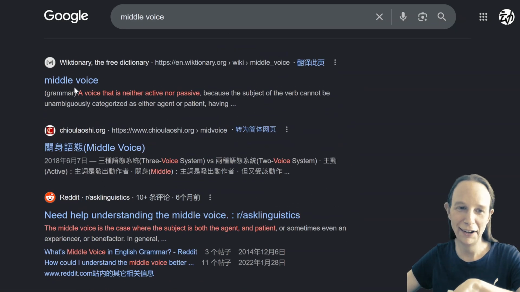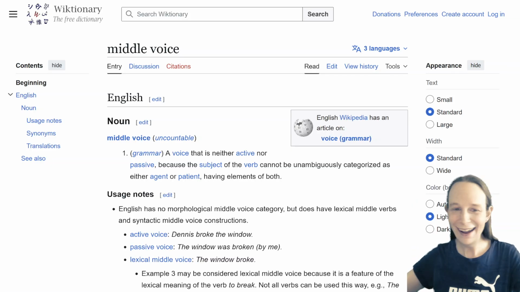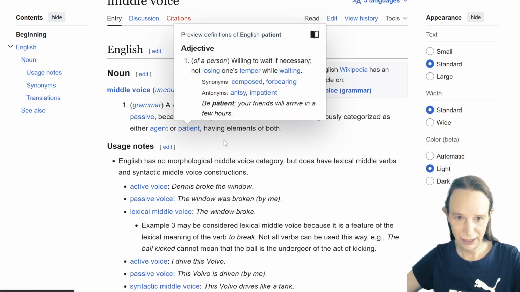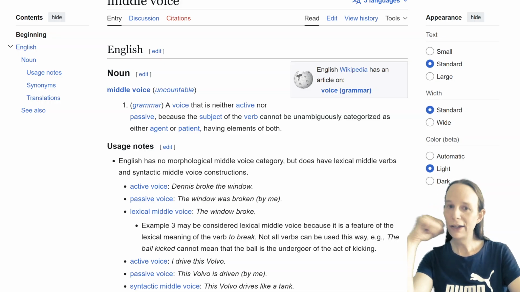That's an issue. This is the first time I've heard this term. How have I gone through all these years without knowing this? A voice neither active nor passive because the subject of the verb cannot be unambiguously categorized as either agent or patient, having elements of both. Okay, so